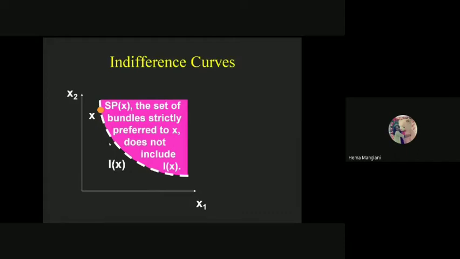So hope I'm clear now. The definition of this WP and this SP: the WP says that if it is arbitrarily close to each other, then it is weak. If it includes the same indifference curve, then also it is weak. If I say they have a sufficient gap, they are not arbitrarily close to each other, then we say yes, they are following the strong preference relationship. Is that clear now? Yes, ma'am. Okay.